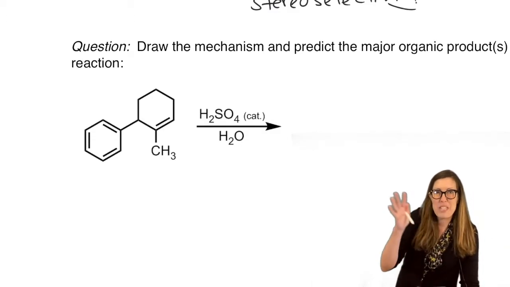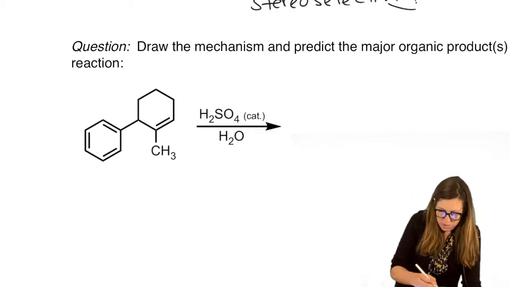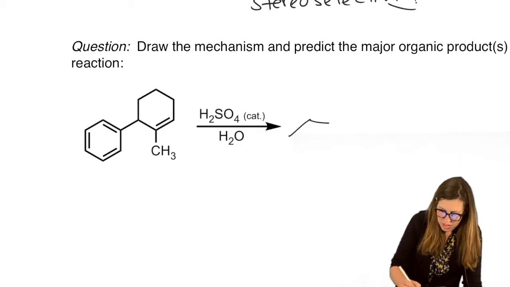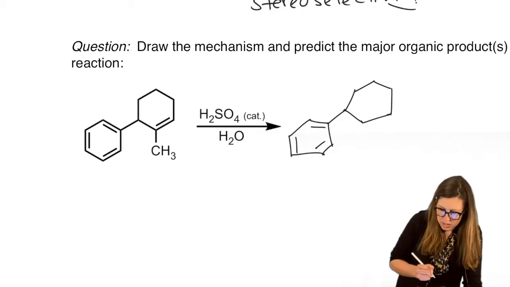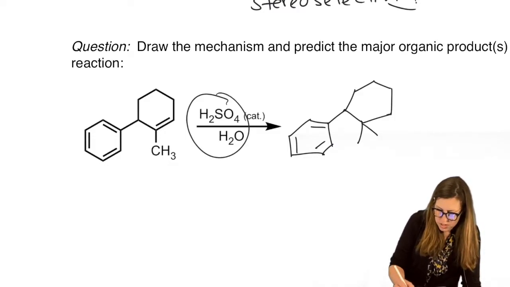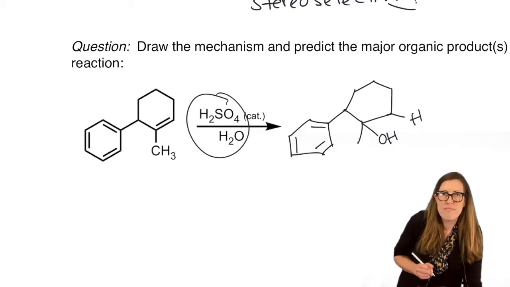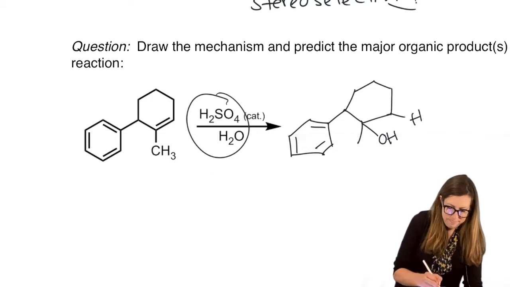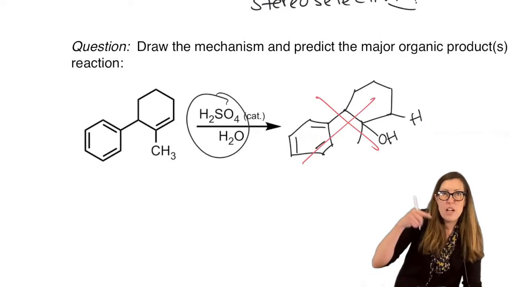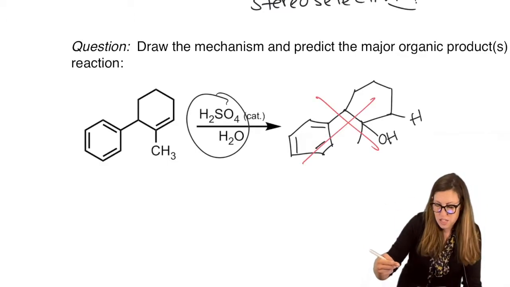So here's where we get to bigger, more complex molecules, and you say, well, I know this now. This is simple. I don't need a mechanism. Mechanisms weigh me down. They're too much work. I'm just going to guess based on the rules. Lose the pi bond, more substituted carbon gets the new group. Remember, this is adding H and OH, so this gets the OH because it's the more substituted carbon. This gets the H, and I'm done. Turns out that's wrong. So yes, that reasoning helps talk you through it.